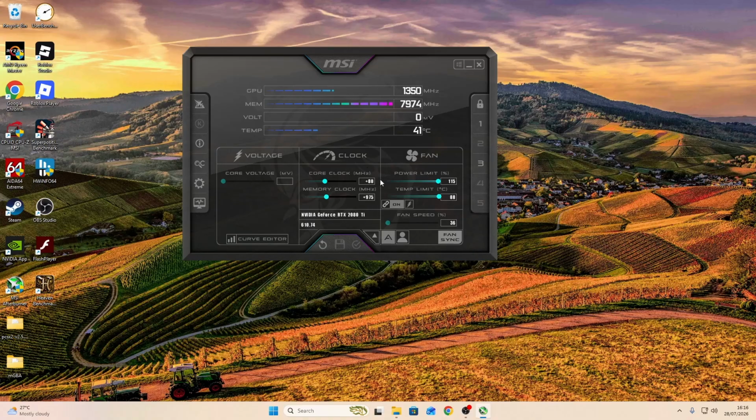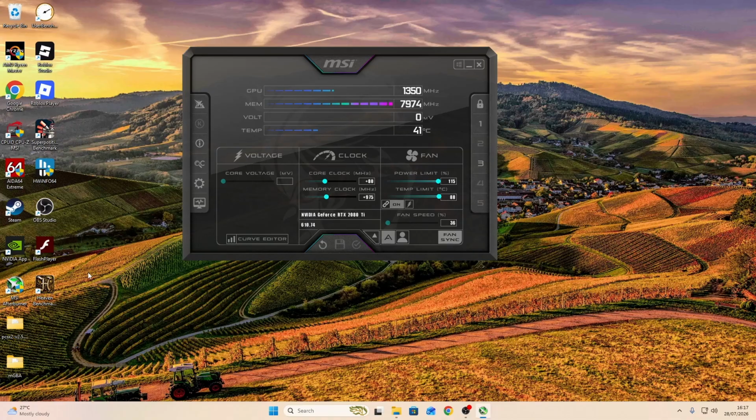Run Heaven Benchmark with your core clocks, going up by 15, 30, 45, 60. Run Heaven Benchmark in the background, give it 3 or 4 minutes. If it crashes, your core clock was not stable. If you happen to see artifacting that you've somehow missed when you were running Superposition Benchmark, then reduce your VRAM